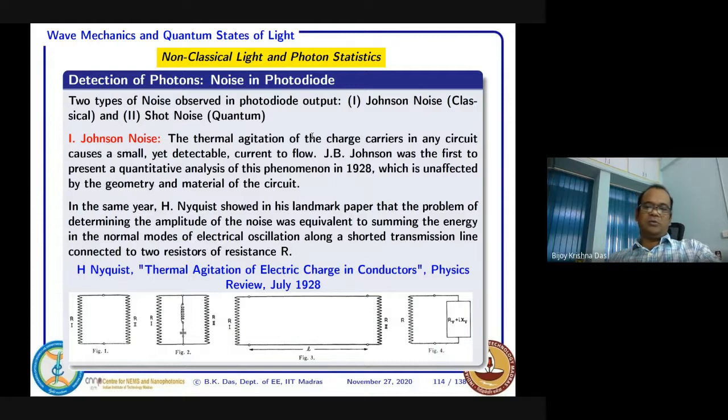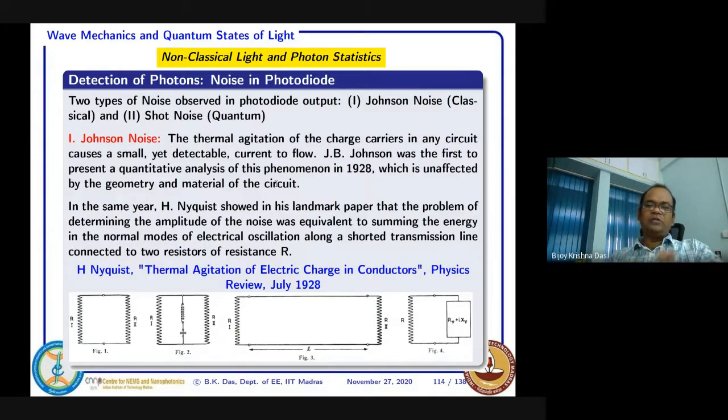So I'll just try to explain a little bit of a thought experiment about where this type of noise is coming from. That is nothing to do with the diode alone. This is something to do with a measurement system with some resistance, where you are just measuring current and load, and something inherently is coming, something fundamental in any circuit, and that is why that noise is there. And that type of noise not only happens for a diode, it can happen for any type of detector. The only thing is that you need to know how to minimize that. Some geometry, some material property, everything you can do.